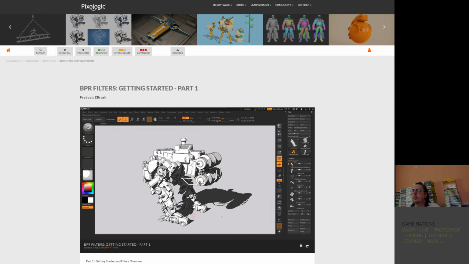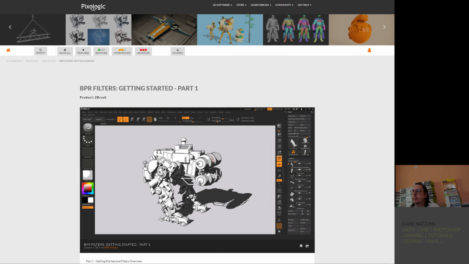So by default, after changing those settings and rendering with BPR, this is what I'm getting on screen. So my model is looking pretty good. You can see some of those gray values in the shadowing have come back, so it's not as flat as it was. But I'm getting this nice clean quality to the model. So the shadowing with this gradient falloff is very similar to the effect we were getting before we turned on the flat shadows. So in the BPR render settings, there is also an option we need to enable, flat